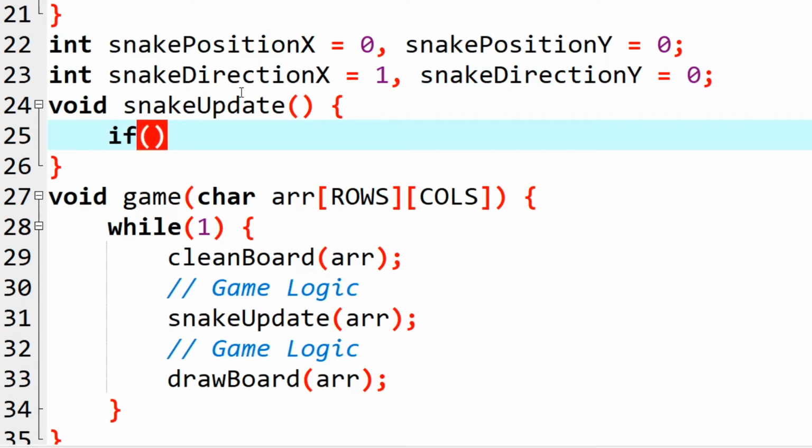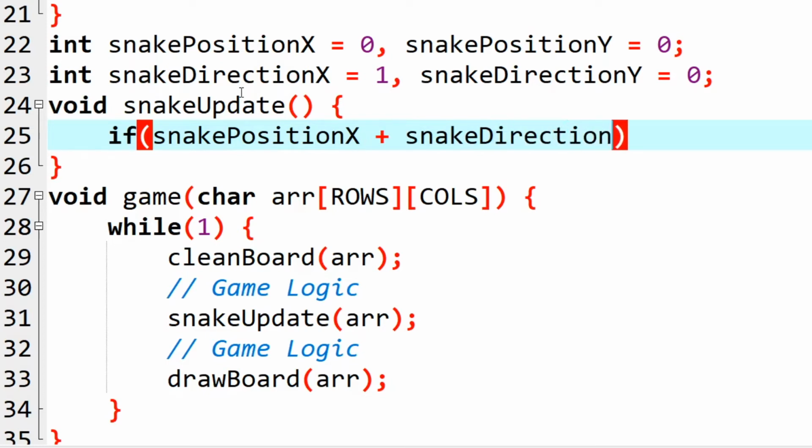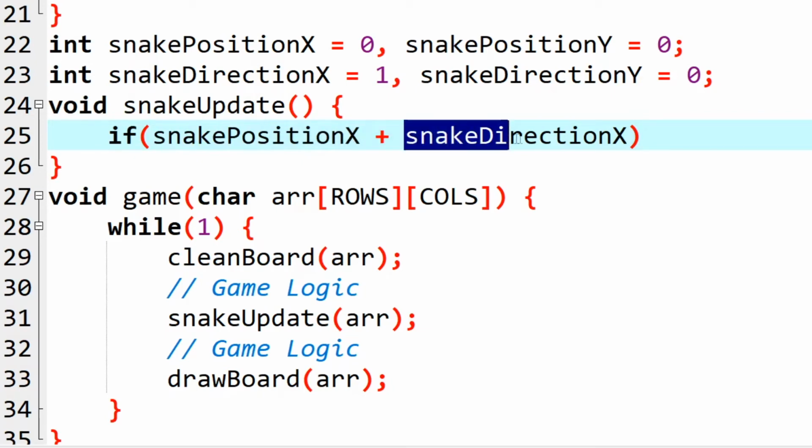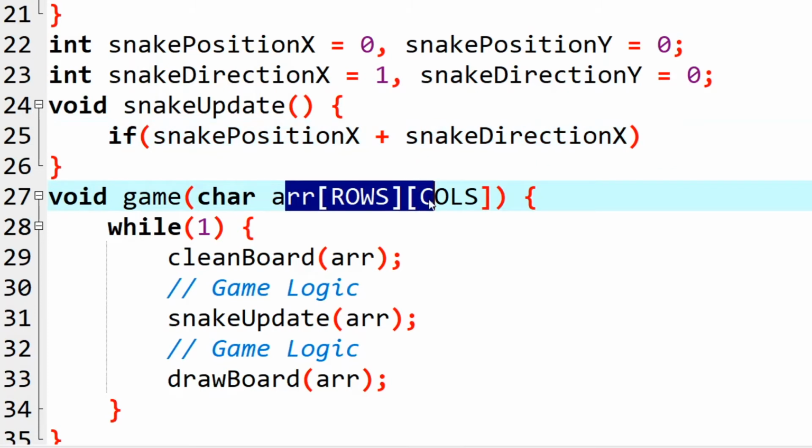So if snake position x plus snake direction x, so if in the current position of snake I add some value in the x direction, if this value doesn't go outside of the array size, like outside of these bounds, I can safely move the snake in the x direction, right? So what I'm trying to say is,